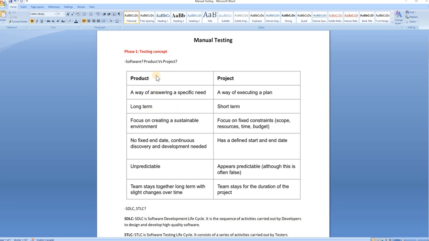So in the first tutorial we'll see the testing concepts, and then there will be another tutorial where we'll see applying those testing concepts with some demo project, so that we have an overall idea and some knowledge in regards to manual testing. Okay,